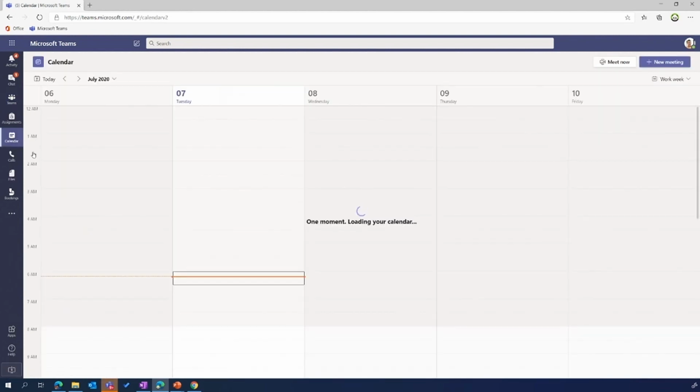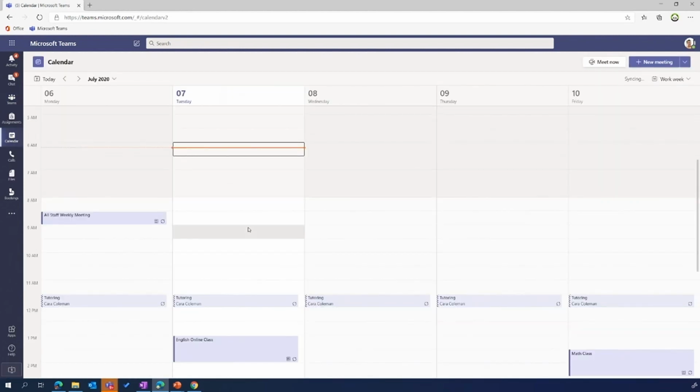By going to the calendar, I can head across and click on new meeting. As a quick tip, you can also click on the time that you want to schedule the meeting. And remember, we can view not just this week, but any week through the calendar. What's wonderful about this is it's the same calendar as your Outlook calendar. It's all part of Exchange Online.